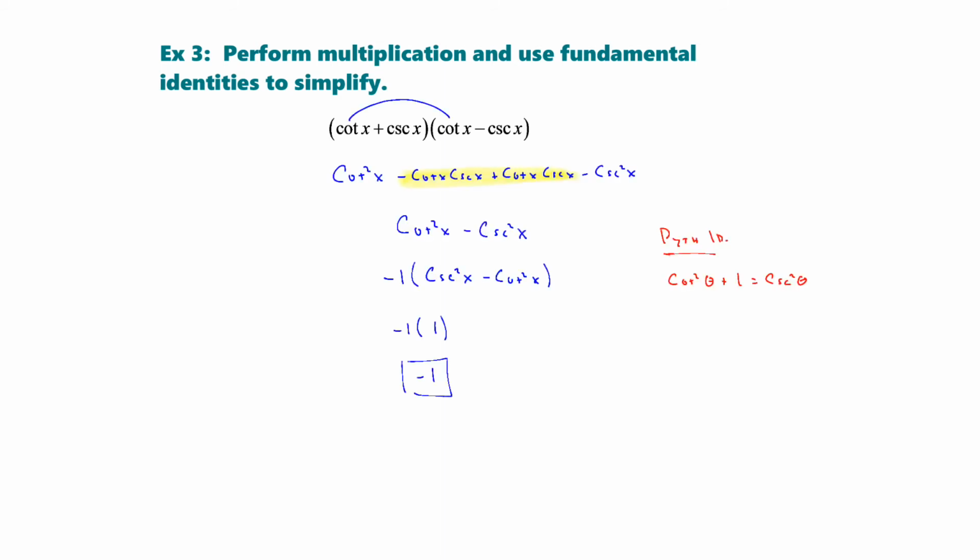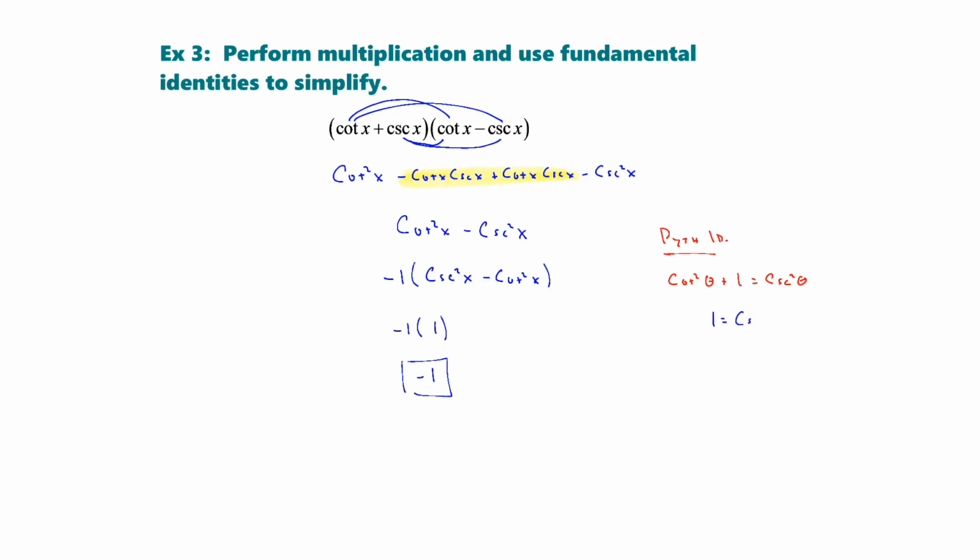Alright, you can see that I multiplied the two binomials together to get cotangent squared of x minus cotangent x cosecant x, and then plus cotangent x cosecant x minus cosecant squared of x. So the middle term cancels out as the difference of squares. You're left with cotangent squared of x minus cosecant squared of x. Looking at that, it looked like a Pythagorean, so I went back to my Pythagorean identities and noticed I had one written as cotangent squared of theta plus 1 is equal to cosecant squared of theta. So we can manipulate that one by just subtracting the cotangent to the other side, but that would give me